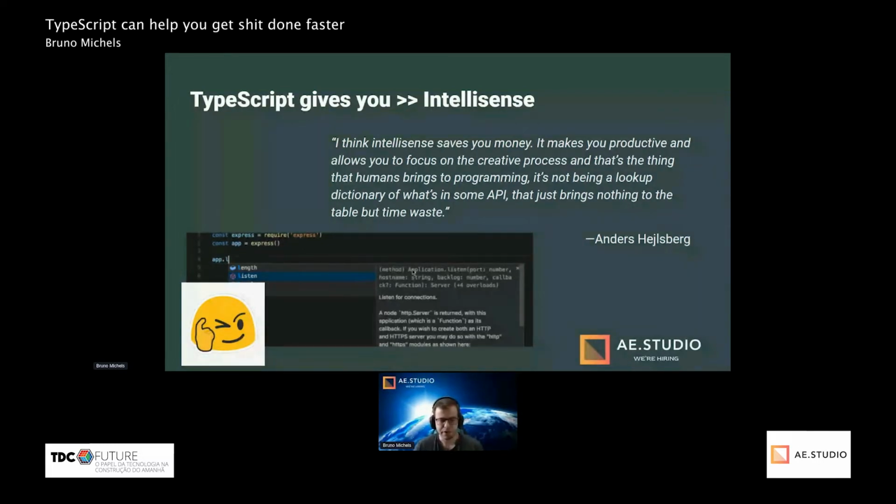So with TypeScript, you can just start typing app dot, and then you get an auto-completion of everything that's available in that app. And then with that, you can check for the functions available, and you get all this information about the function. So you can see what it does, the different parameters it takes. In this case, it has 4 different overloads. So there are 4 different ways you can call this function.